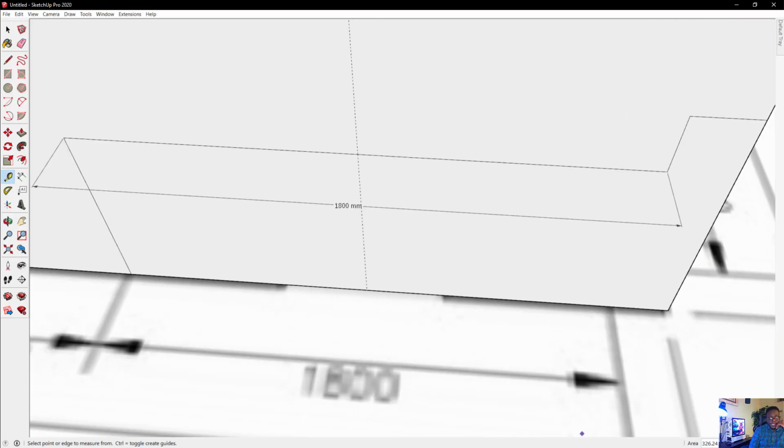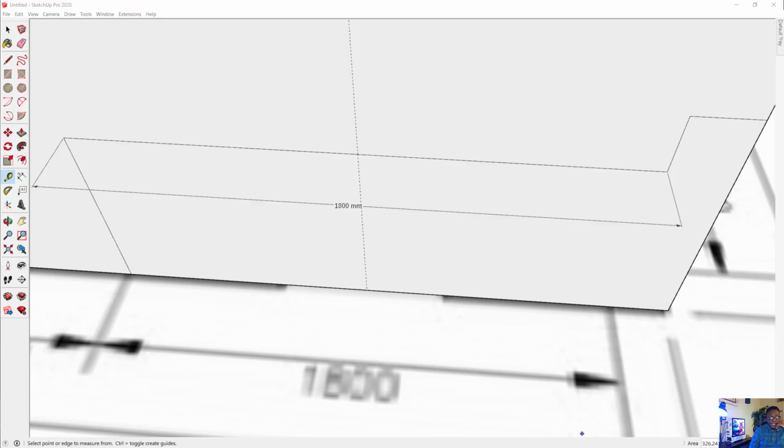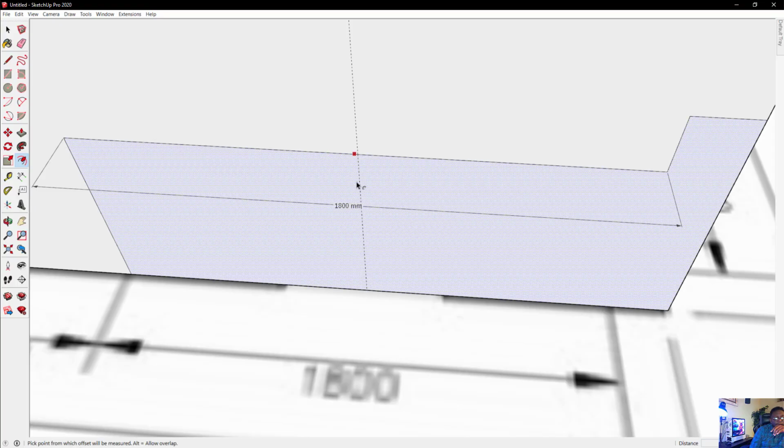Now I could use what's called my offset tool, and my offset tool is actually located here. That's my offset tool there. Now if I use the offset tool, I can't actually offset a measurement. I can only offset the actual line. So let's use an actual line. I'm just going to draw a line there so I can use the offset tool. So if I click on this line here,